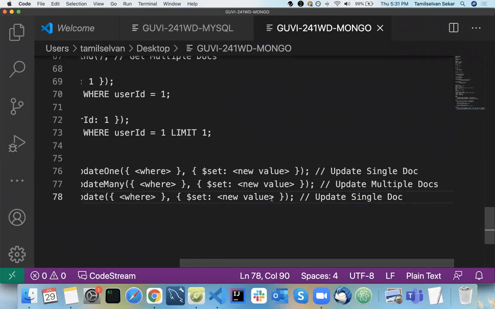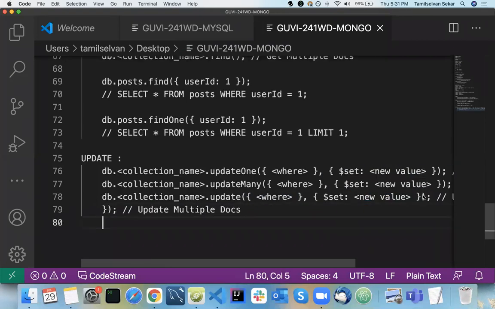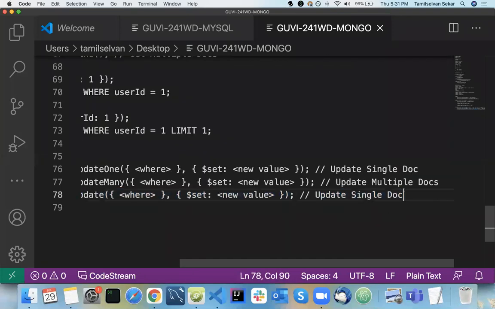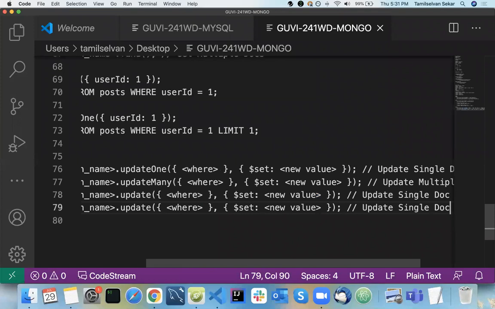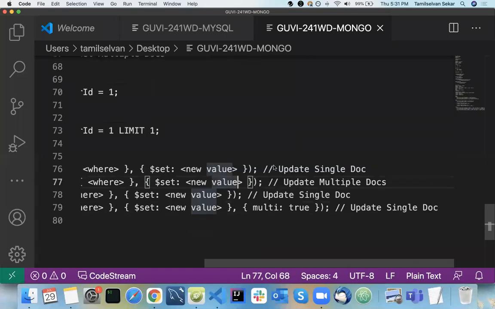Same way, if we pass an extra parameter, something called multi equal to true, it will update multiple docs. Okay, that's it.